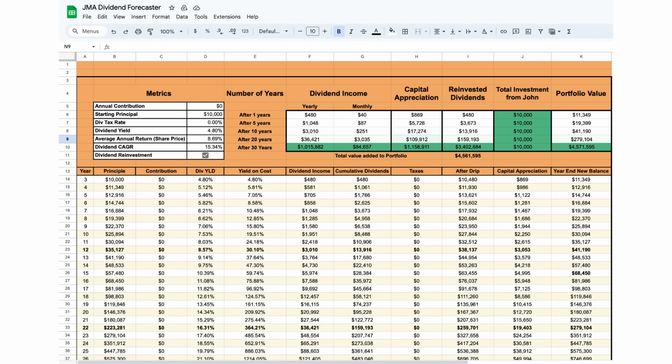Now let's talk about projections. If John invests $10,000 in CubeSmart today, that investment is expected to grow to $11,349 in 1 year. This initial growth is promising, but the long-term projections are where CubeSmart truly shines. Over 10 years, the same investment could grow to $41,190. Fast forward 20 years, and you might be looking at $279,104. And if you're in it for the long haul, after 30 years, your initial $10,000 investment could balloon to an astounding